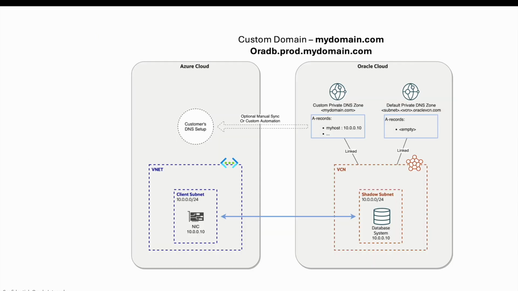Now, let's look at the custom FQDN option. This is supported only for Exadata dedicated. You use this option when you want the database to appear in your corporate DNS namespace, for example, mydomain.com. Before provisioning the VM cluster, you create a private DNS view and a custom private DNS zone in OCI, such as mydomain.com. OCI supports up to two subdomain levels like